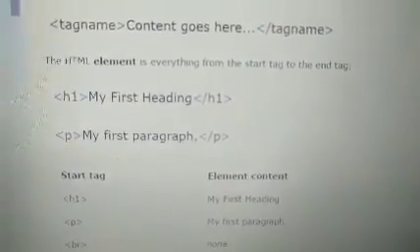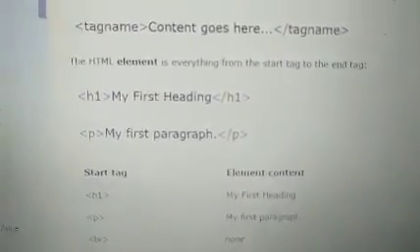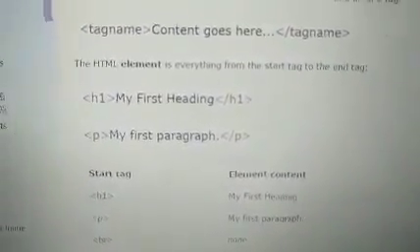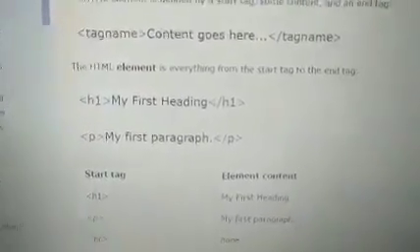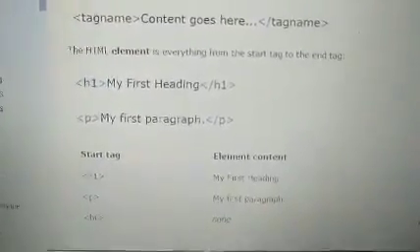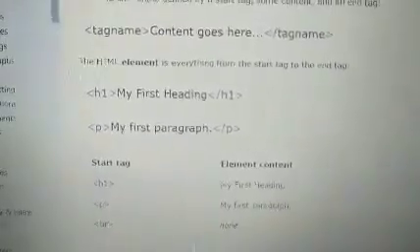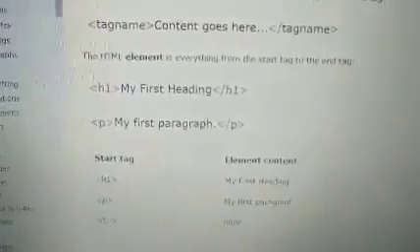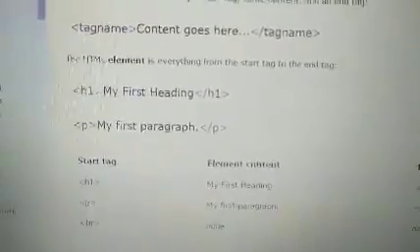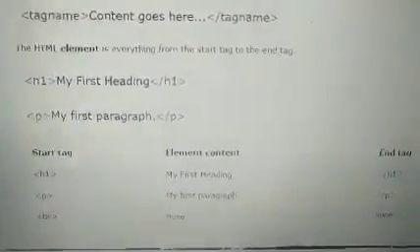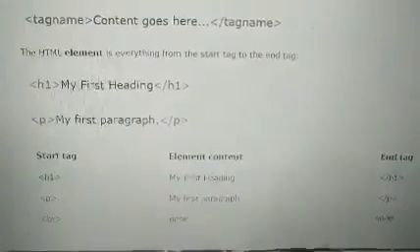There are different types of headings, from 1 to 6: H1, H2, H3, H4, H5, H6. You can see that from 1 to 6 the size of the font, the letters, is in decreasing order. Next, P is opening, then P is closing. The paragraph tag is open and the paragraph tag is closed.